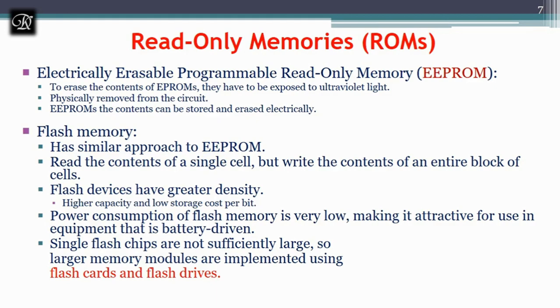The disadvantage of the flash drive with respect to the hard disk is its cost per bit. If you are going to buy an SSD hard disk, that is too costly compared to our regular hard disk. A 512 GB SSD hard disk will cost around 6,000 right now, compared to a 2 TB hard disk, which will cost hardly 4,000. So this is the major difference with respect to cost. But with respect to speed, flash drives are too fast.